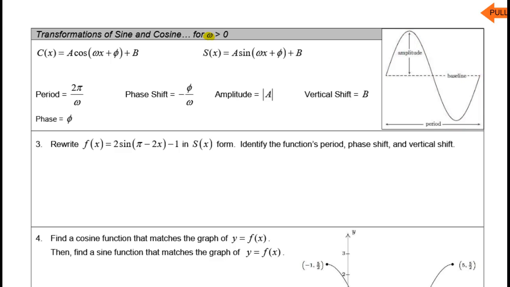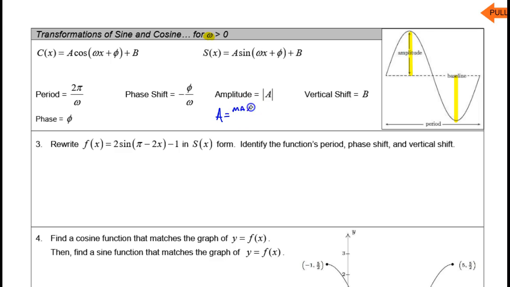The first thing we have is amplitude. Amplitude is the distance from the baseline to the peak of the graph. It's also the distance from the baseline to the minimum of the graph. So the way that we can find that amplitude value is as follows. Amplitude, it's a distance, so it'll always be reported as a positive value, and amplitude is going to be